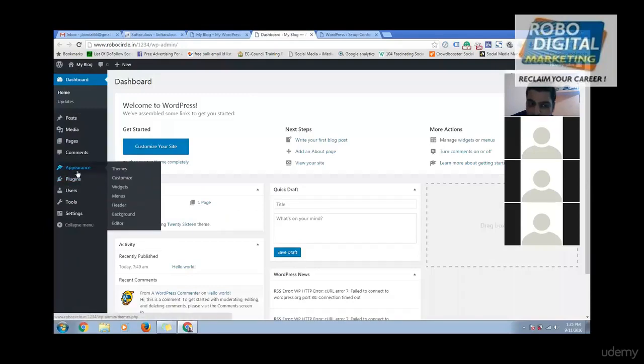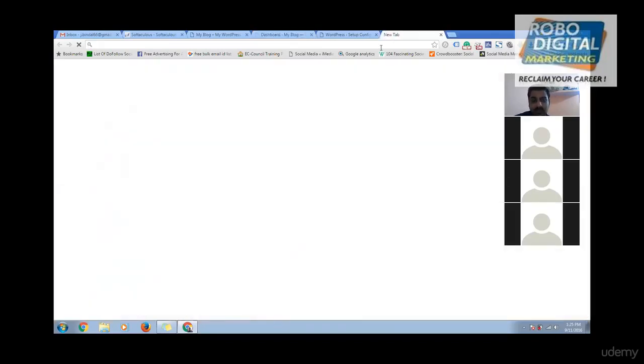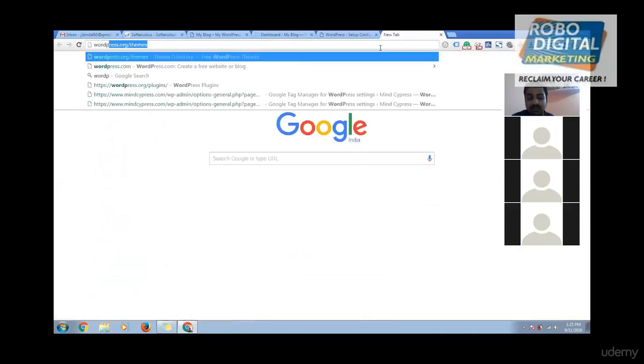Now we are talking about themes. So let's check it out. Okay, in themes, there are two ways of having themes. One is a free theme, another is a paid theme. You can have either a free theme or a paid theme. Where will you find free themes? You will find free themes on